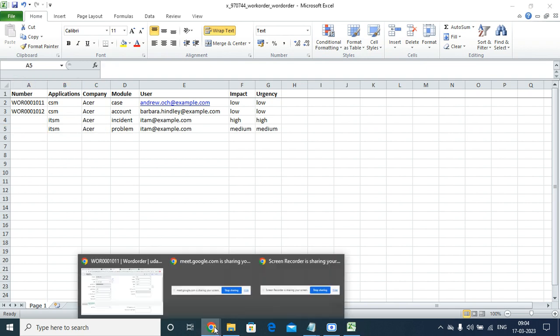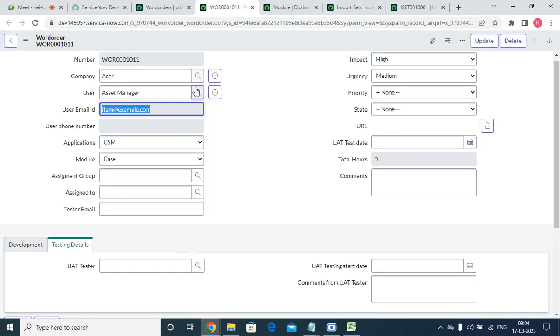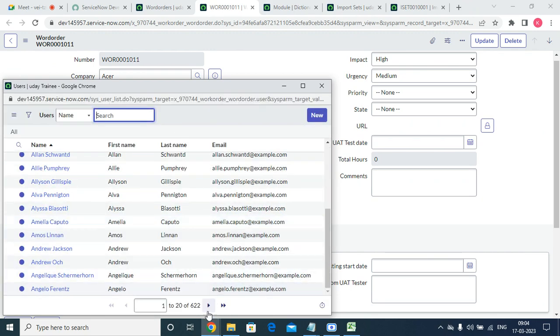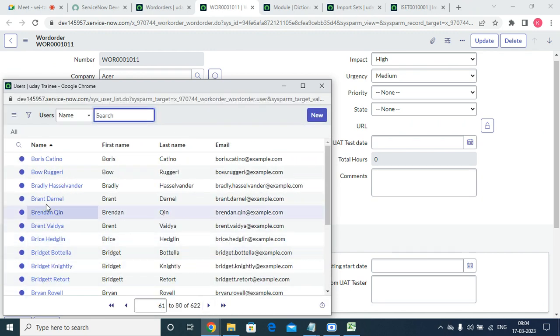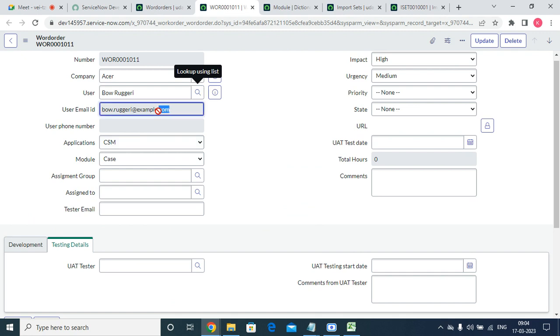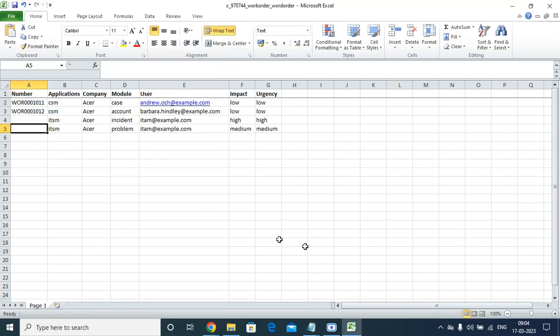Next step. Here I'm picking a different value. Boy rugby. So the boy rugby is what we will do. It is here. Now in this case, what happened? We have to update two records and we have to create a new record. In that Excel sheet there are a few records already, but since the number field is not there,